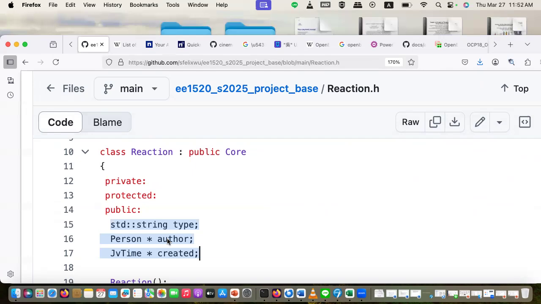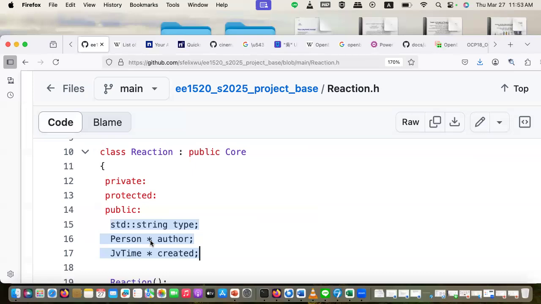If I get rid of the star, that means it's a copy of that person's information. So after this person made the reaction, if he changed his name, then I might not be able to link this reaction to the same person who made the reaction maybe 10 days ago. Okay, so this is the design choice, whether you want to use a pointer style or make a copy. We will encounter lots of questions on this, but that's not today's point.